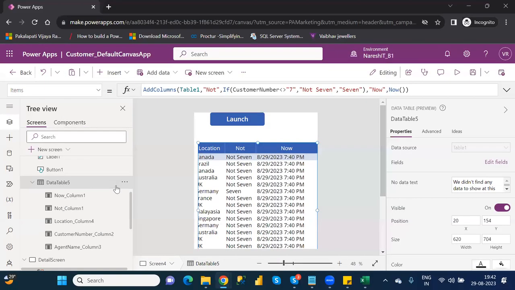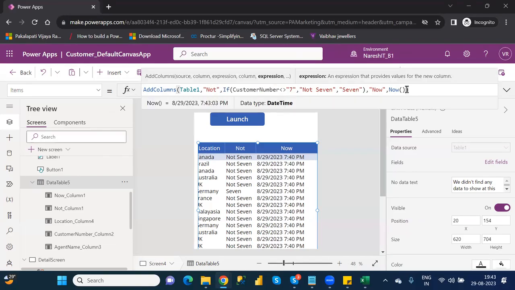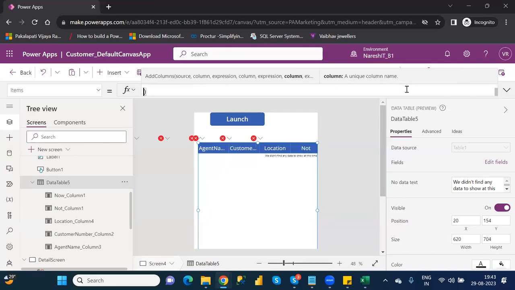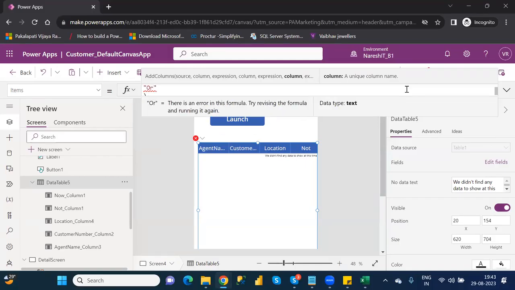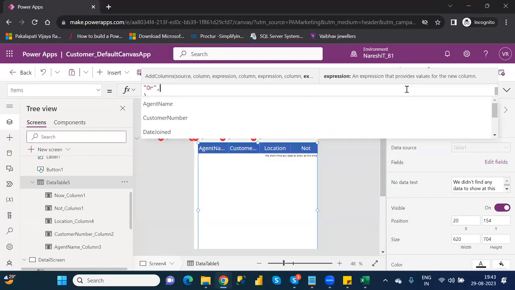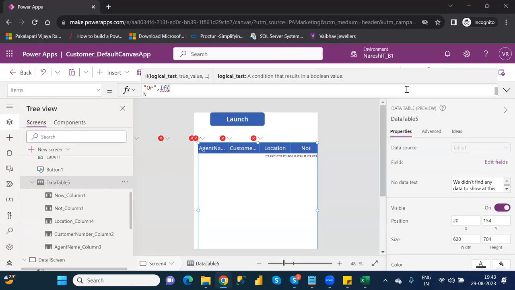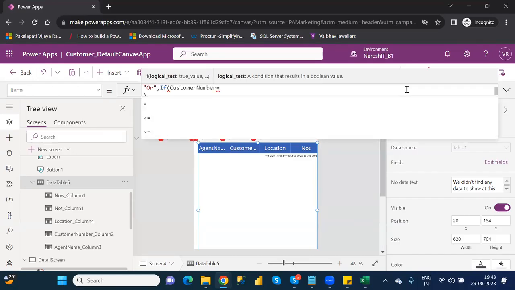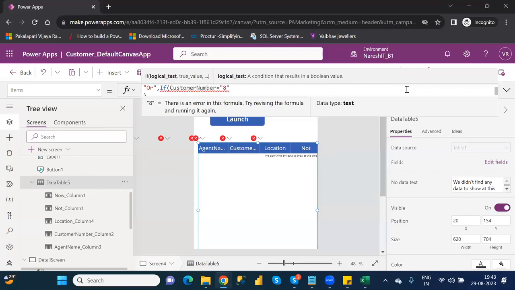See, if you want to write multiple conditions in if or switch functions, you can write multiple conditions, right? So let's see what multiple conditions we can write here. Okay, suppose for example, if customer number is equal to 8, and